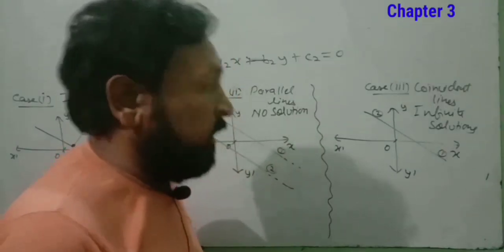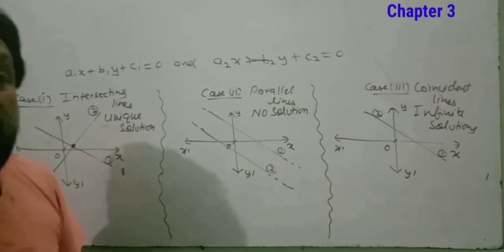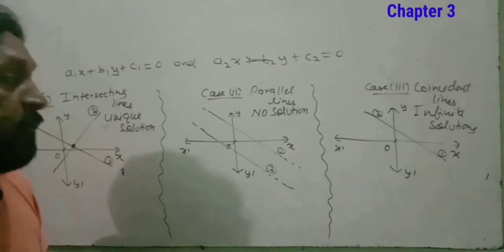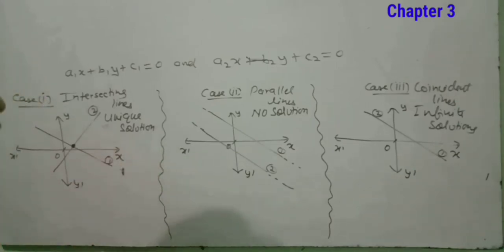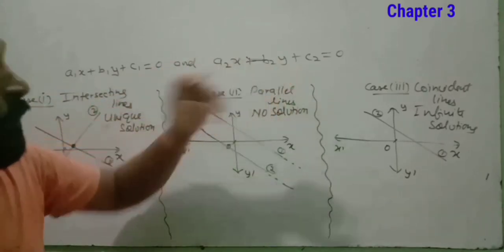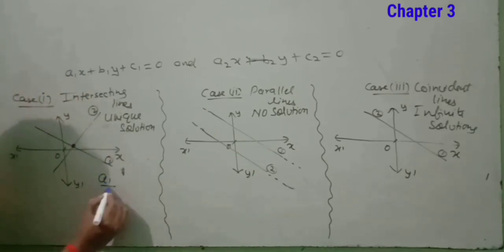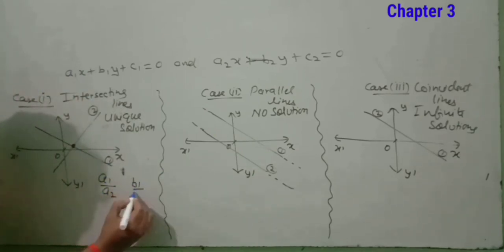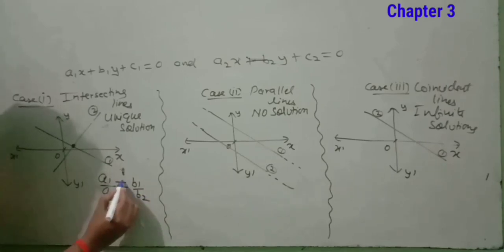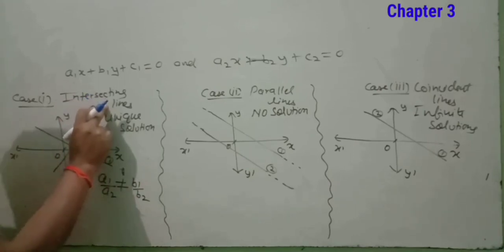Okay, one thing, this I found out with the help of the graphical method, by making the graph. So it is called the graphical method of finding the solutions of the two equations. And if I talk about the algebraical method, I had just told you we have to use a1 b1 c1, a2 b2 c2. See, in the algebraical method we will find the ratio a1 upon a2, and then b1 upon b2, and if these ratios are not equal to each other, it means the pair of given lines are intersecting lines.